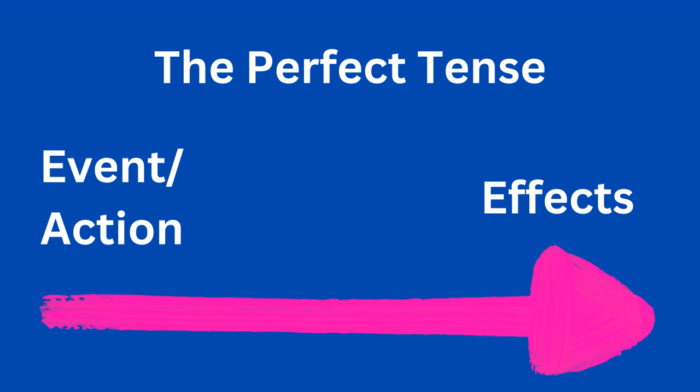into the present. So to give an example, I'm going to use a perfect passive in English. He has been tattooed. Okay, so what does that mean? That means that sometime in the past, this he, whoever that he is, was tattooed. And the tattoo presumably stays with him into the present, right? So the event or the action is the tattooing that happened in the past, but the effect of the tattooing, the tattoo itself, continues on into the present.